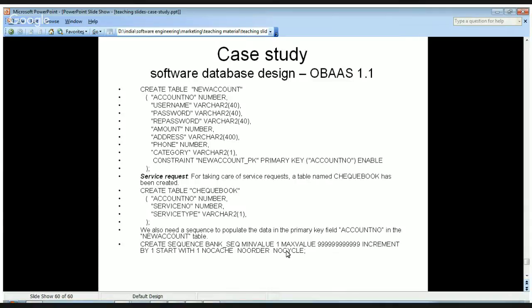So this was about the database design and creation. Next, we will move over to implementing all the design which we have seen so far. I will show you the creation of the database, the actual creation. Then I will show you the user interface design, and then I will show you the business logic, how it is written, and finally I will show you how the system is running,